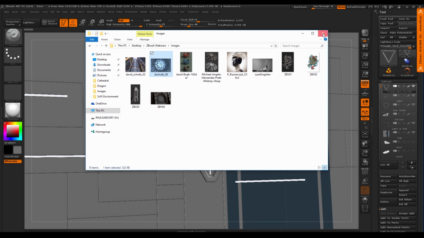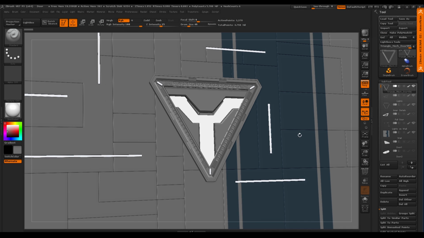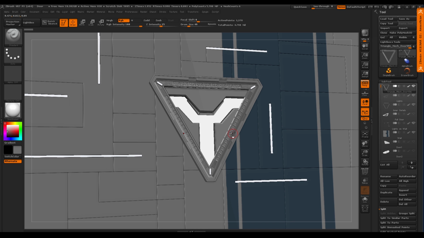So enough with the images. I want to start with something fairly simple but complicated at the same time. What I mean by that is, for those that are using ZBrush, we do have symmetry mode. But if we're making, say, something like this, where you've got this triangle shape, and even if I go into symmetry mode, it's great. I can work on these two sides, but nothing can happen up here at the same time. So array mesh is definitely a great way to do this.